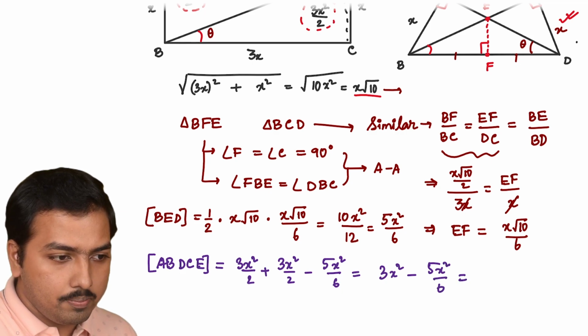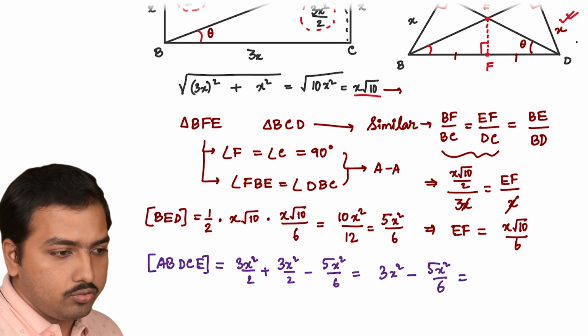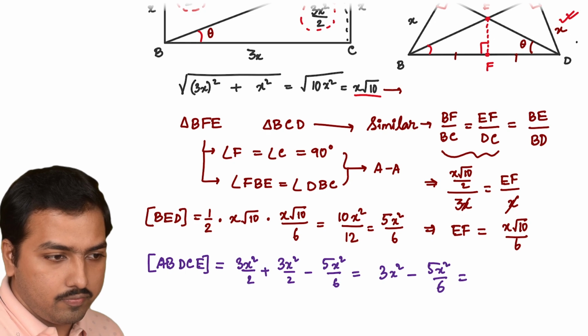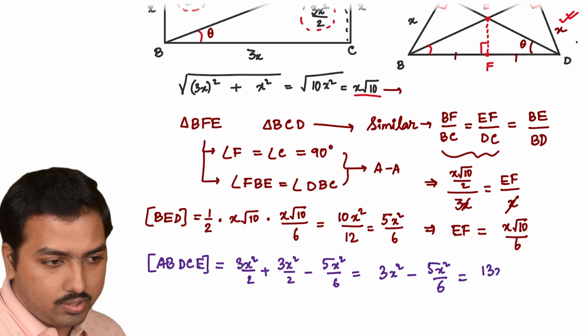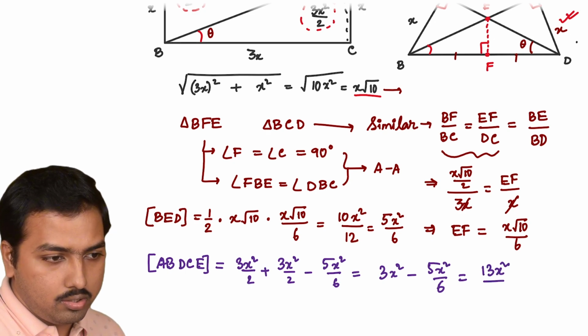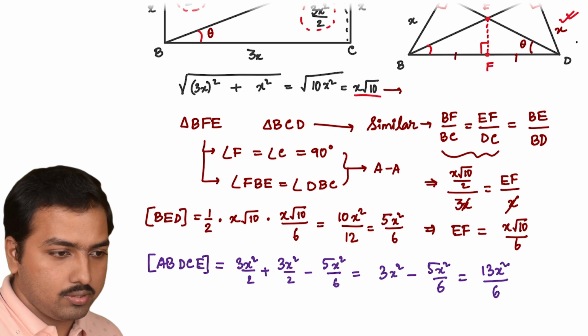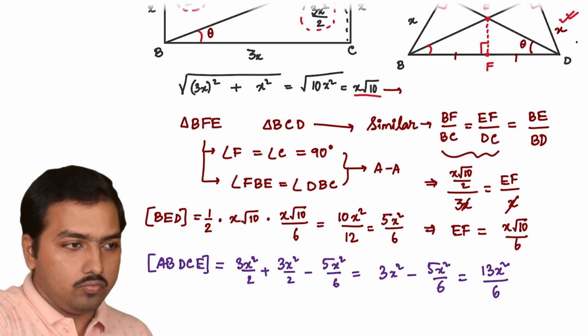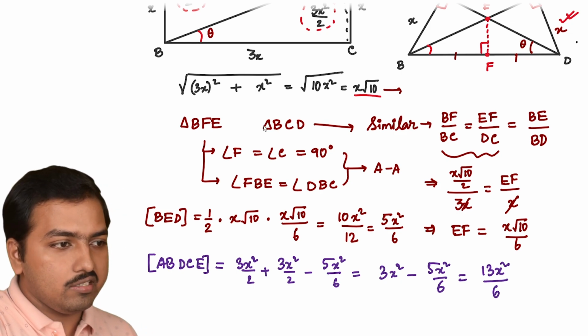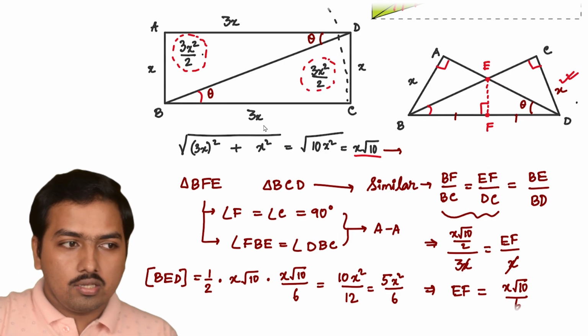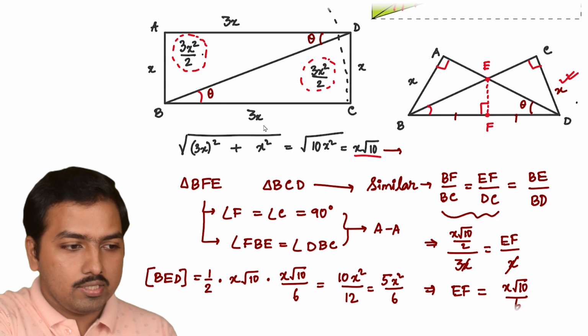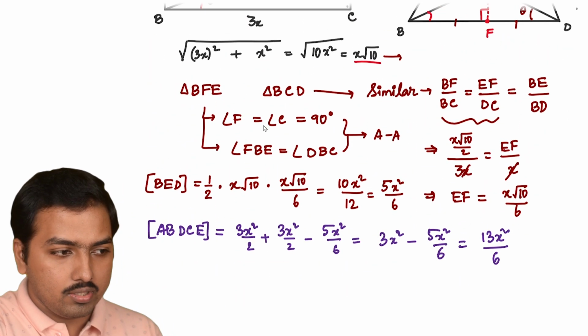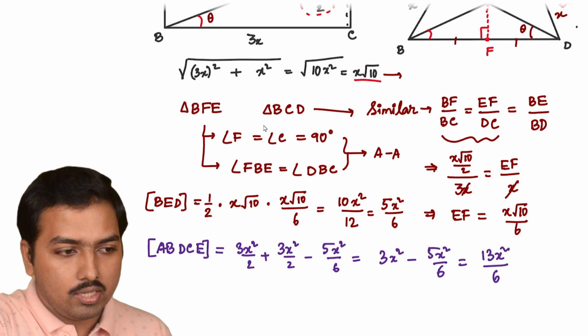If we simplify it, we will get 3 sixes are 18, minus 5, 13x squared by 6. So now we got everything. We know the area of the rectangle is 3x squared, and we found the area of the pentagon is 13x squared